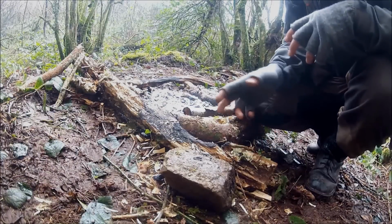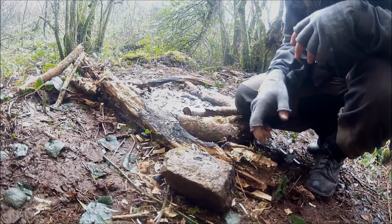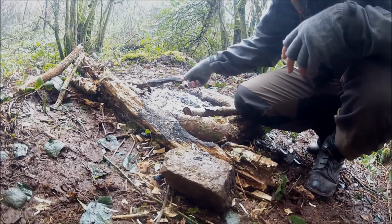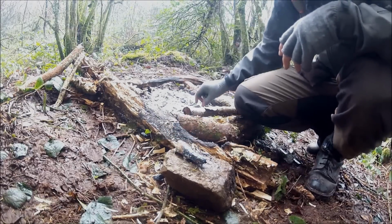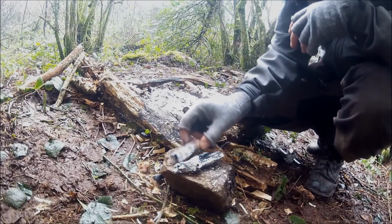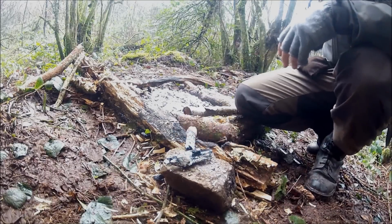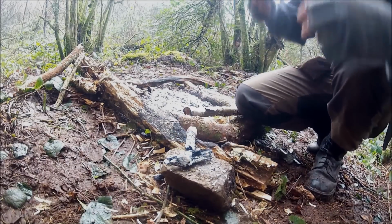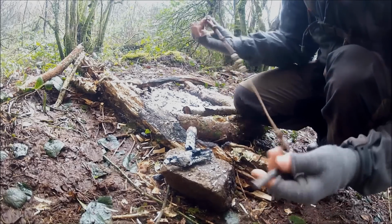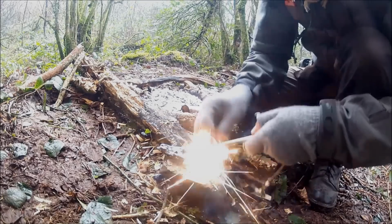Just before I head out, I'm going to save myself a few pieces of burnt wood, or charred wood I should call it. If you just take a few pieces like this once your fire's gone out, as you can see they've been pretty well cooked and carbonised there. What you'll find is if you strike one of them,